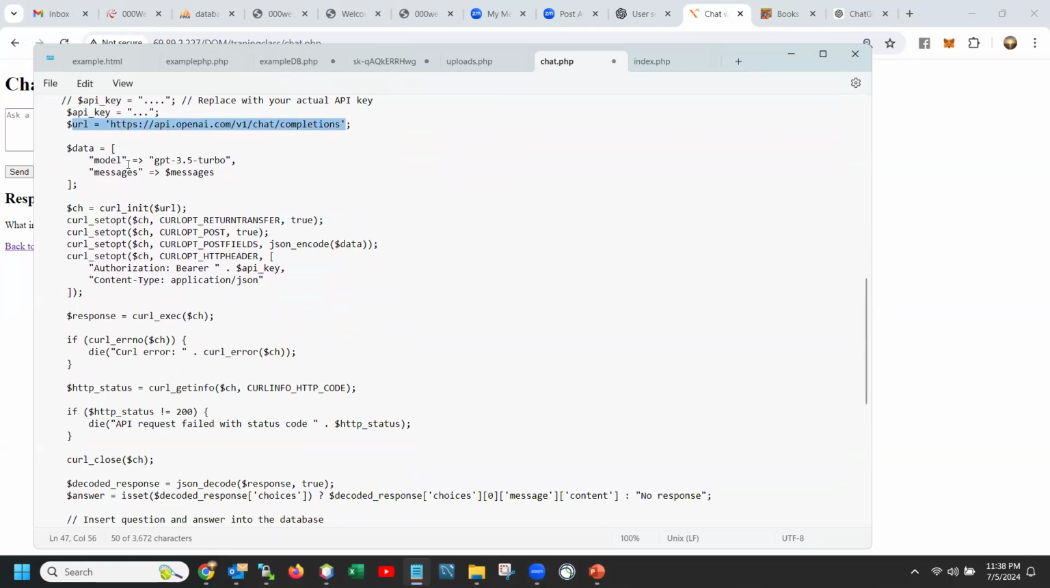The next step is, once we have constructed all of this, we need to send this to ChatGPT or OpenAI. So by default,